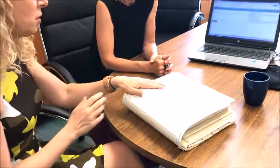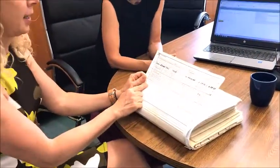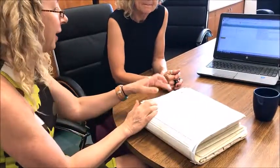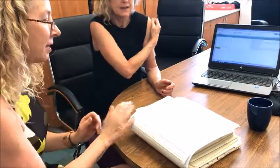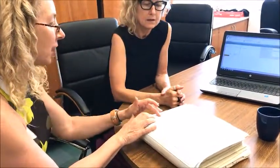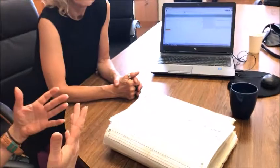So the first thing I do when I look at an OSR is I go through the school history, because this is critical to seeing how many changes have happened in this student's life. So you can see how many schools this child has been in, and it tells you whether or not there's been consistency. If there hasn't been consistency, then it's very hard for this student to be able to regulate and be able to feel comfortable